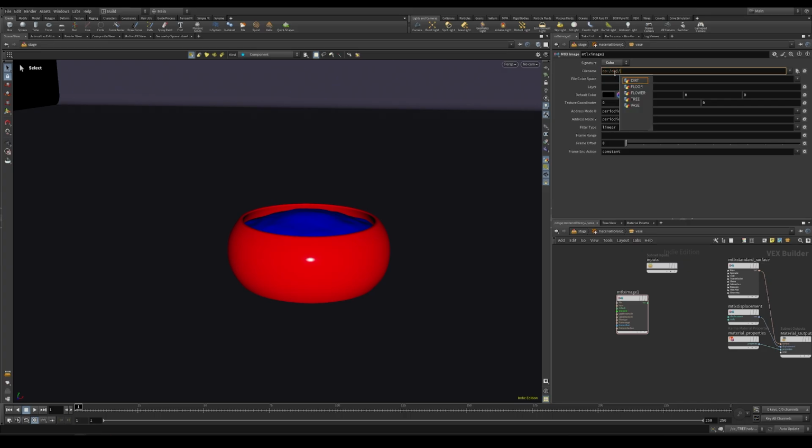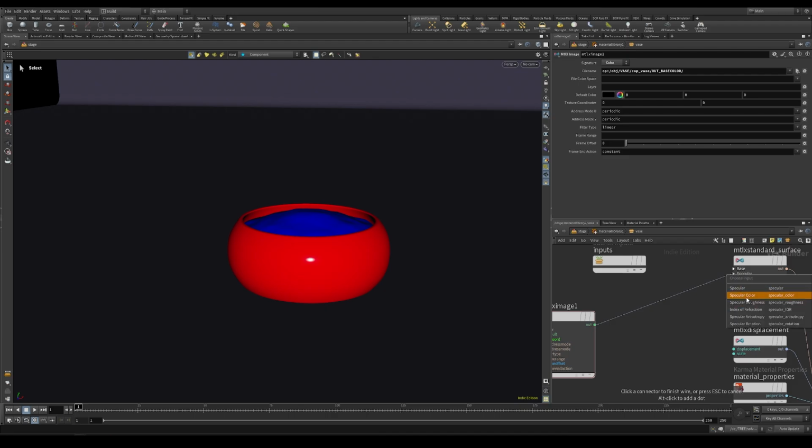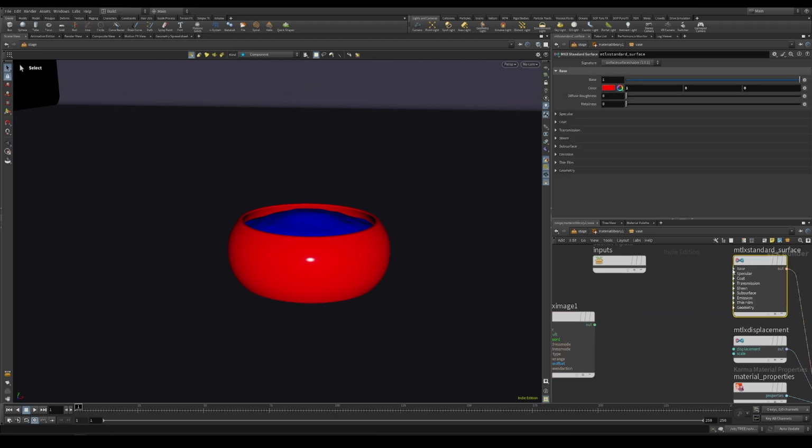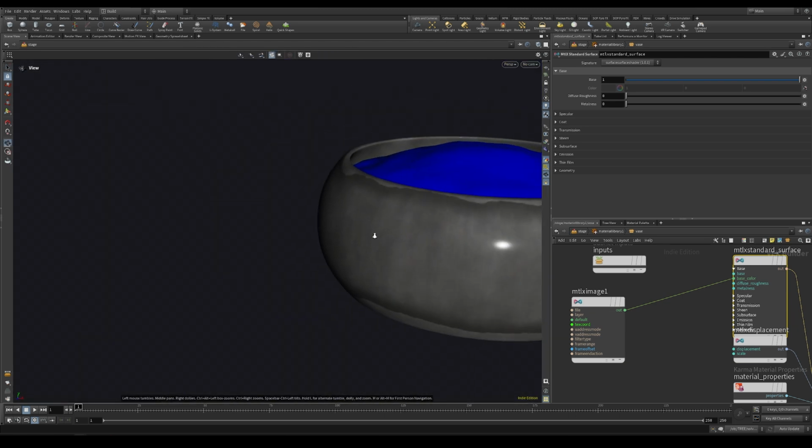So obj, this is the material for the vase, so vase, and we want to look for the copnet and the out base color. So if we plug this to the base color,